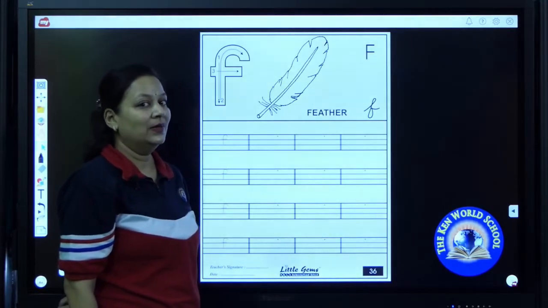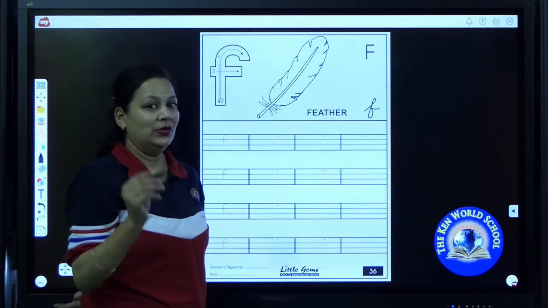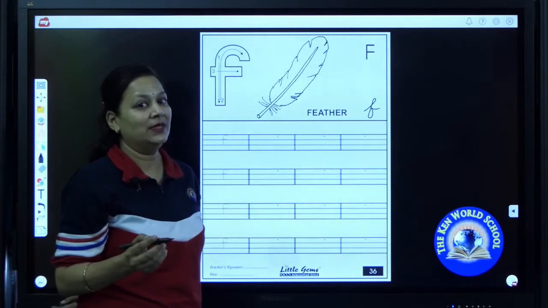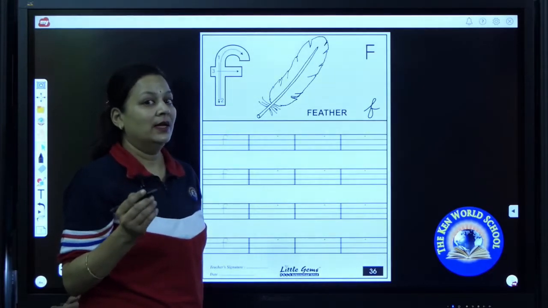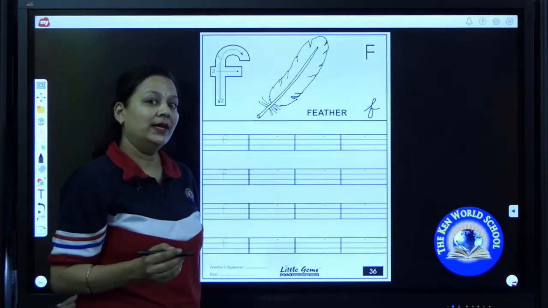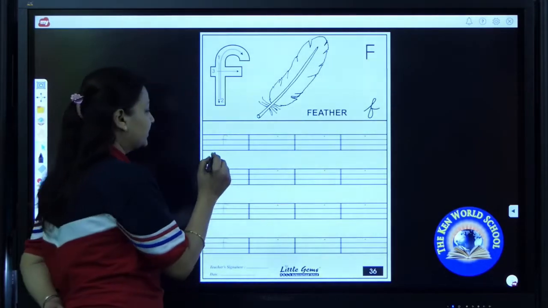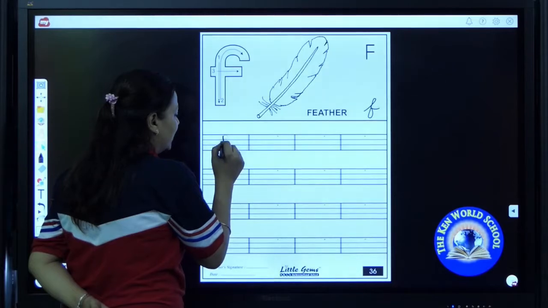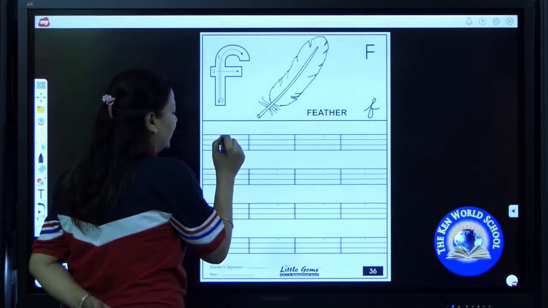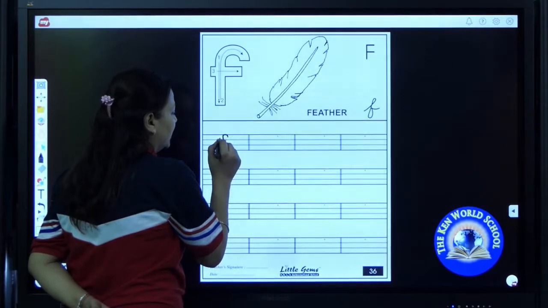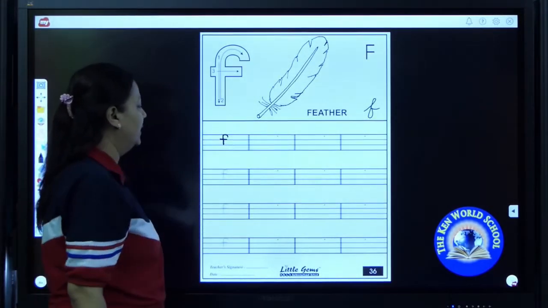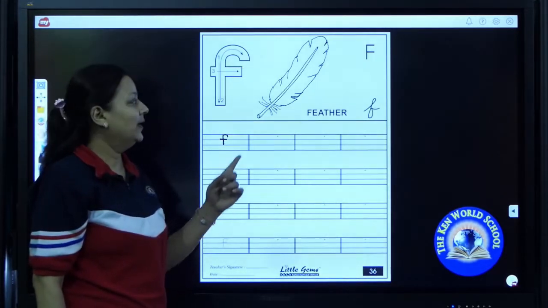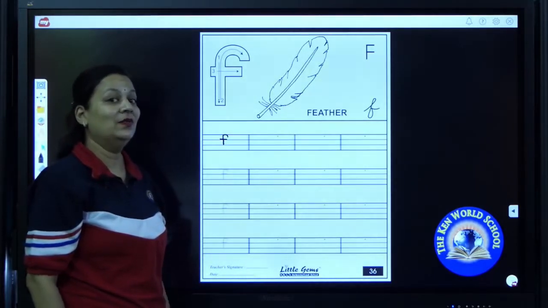Okay, now I am going to write my first F. Hold your pencils like this. You have to speak with ma'am and you will write after me. First you will look at the board carefully. How I am writing, then you will copy me. Put your pencil between the top line and middle line, up to down, standing line till base line. Go back again till top line and make a curve. Now draw a sleeping line. F. F says F. F as in feather.